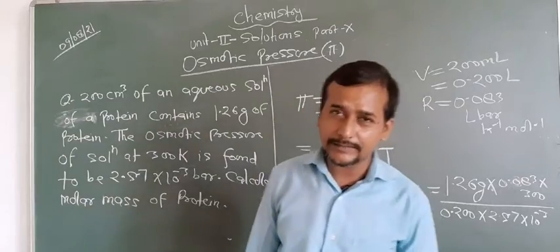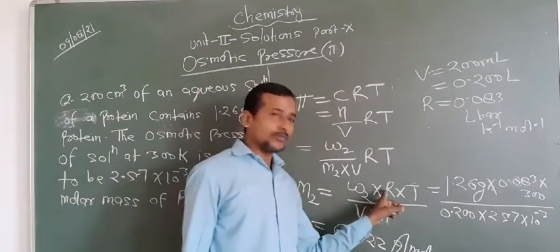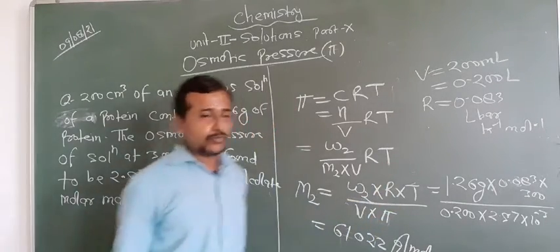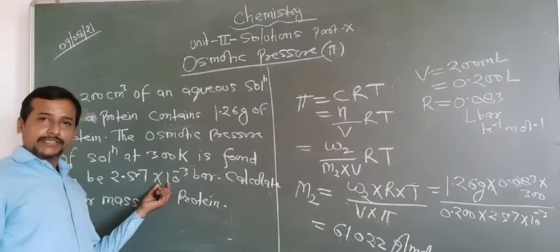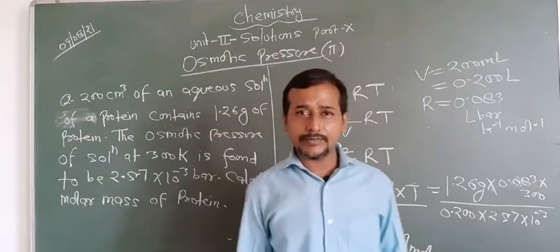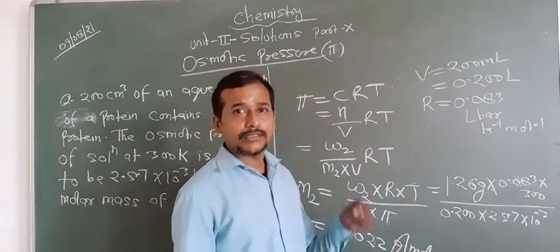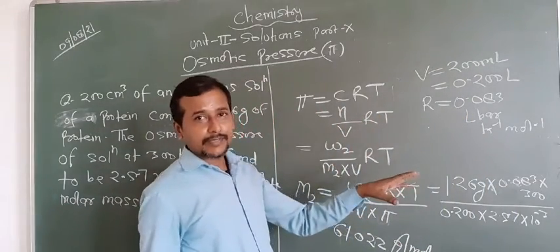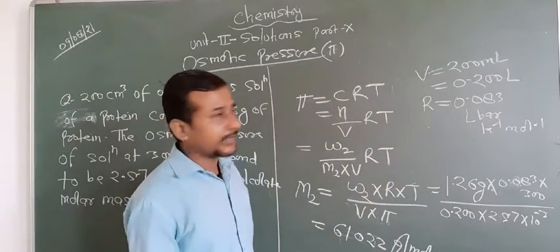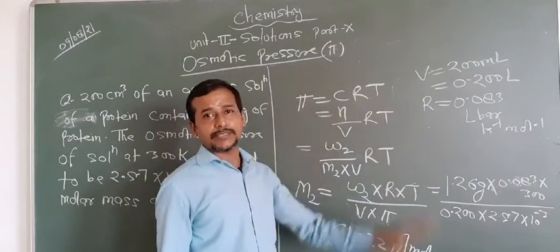Are you getting this point or not? One thing you have to focus on is what value you have to put for R, in bar or atm. You know this from the unit of pressure. Okay, maybe one question arises: molarity may be given to you, and temperature given in centigrade. So here you have to change the temperature from degrees centigrade to Kelvin, and put this Kelvin value in the formula of osmotic pressure. And by using this formula you can calculate the osmotic pressure also.